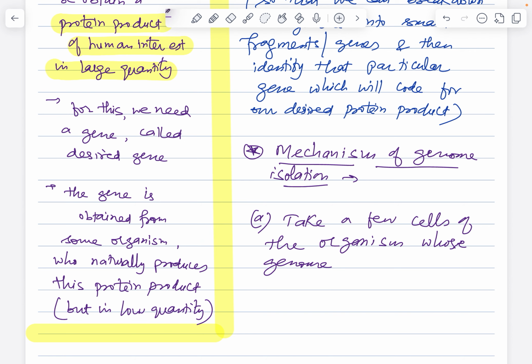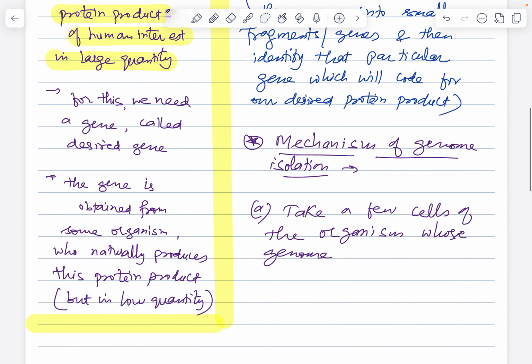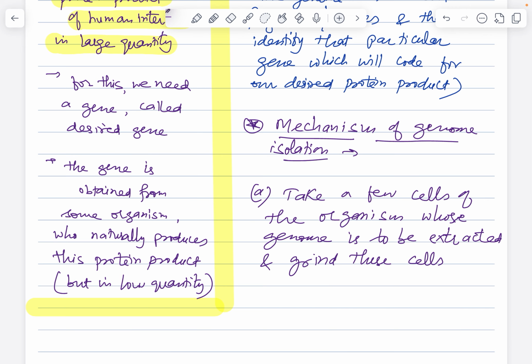Okay, so what we do is take a few cells of the organism whose genome is to be extracted or obtained, and we basically grind these cells. Like, put the bunch of plant leaves in a grinder and simply grind it. You'll get a paste. From that paste, you can obtain the plant cell genome. Okay, so take a few cells of the organism whose genome is to be extracted, grind these cells and dissolve them